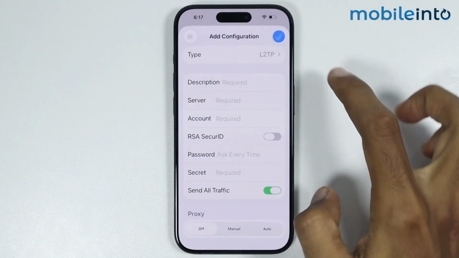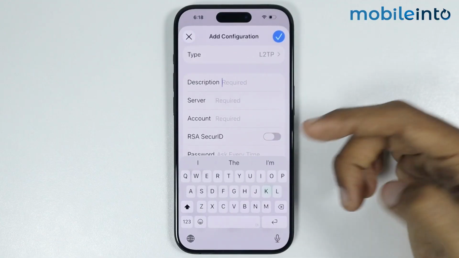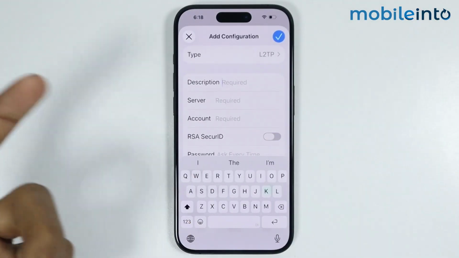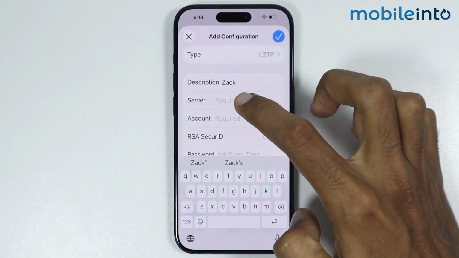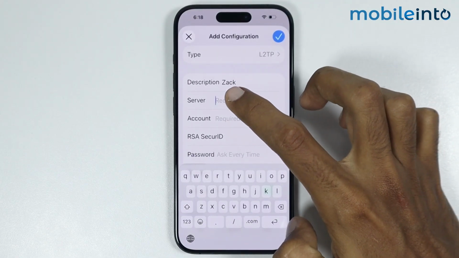After that, just go back. Now in description you can enter any name. You can even enter your own name, just like that. Now in server, just paste the copied server address,